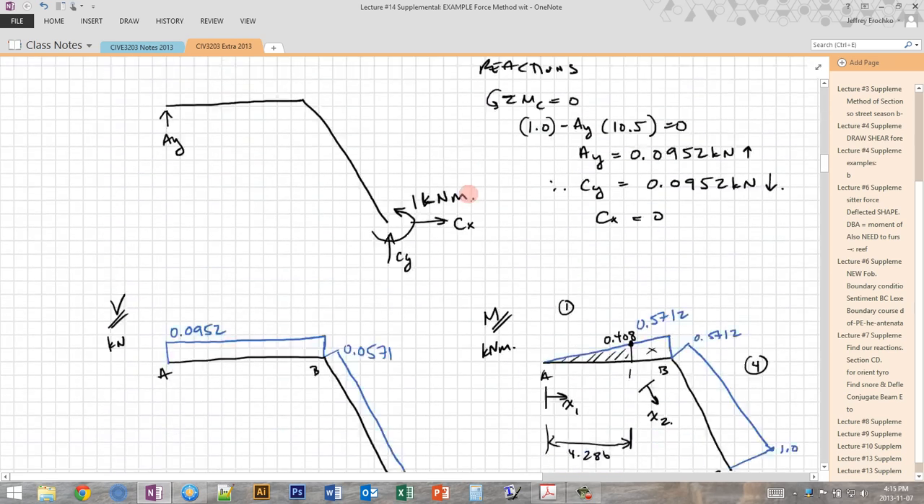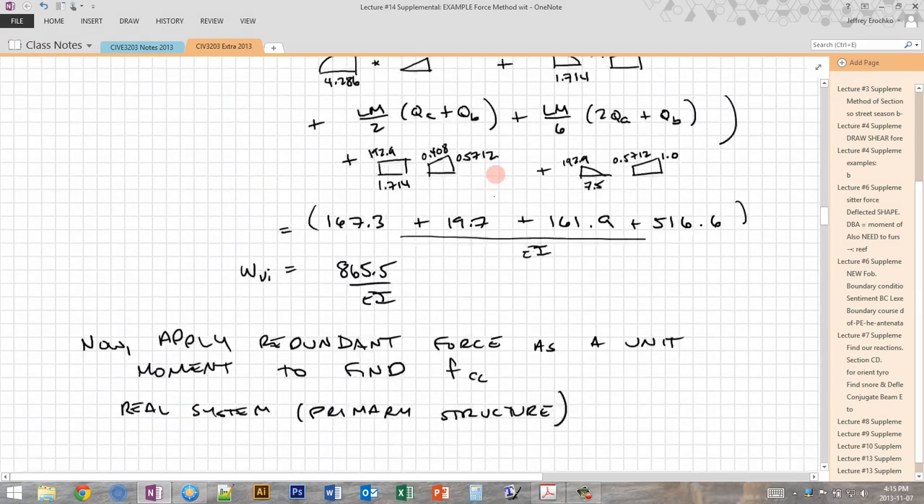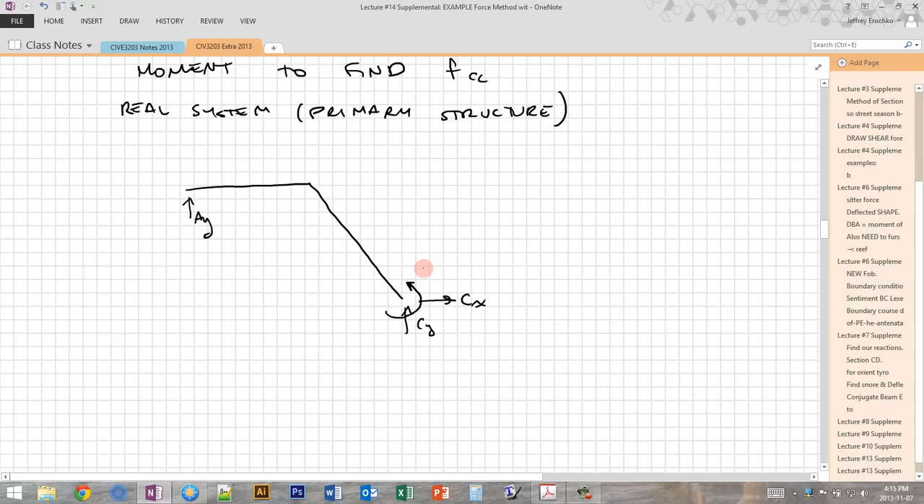So we're going to apply that redundant as a unit load, and that will give us how much rotation we'll get at C for a given value of moment. And then we're going to end up with a deformed shape, which looks something like this. And again, this is going to cause some sort of rotation. Generally this is a rotation, but we're only doing it for 1 kilonewton, so we're going to call that instead a